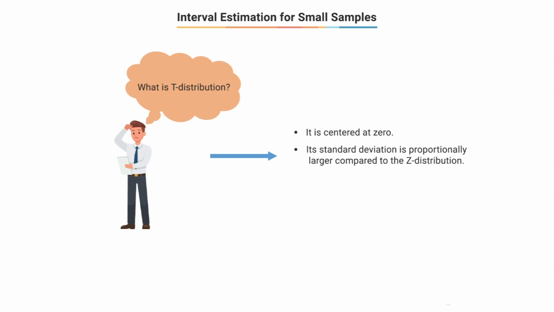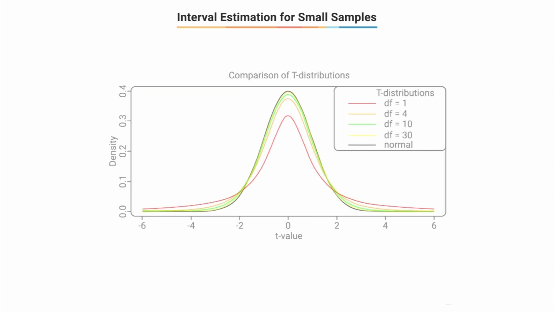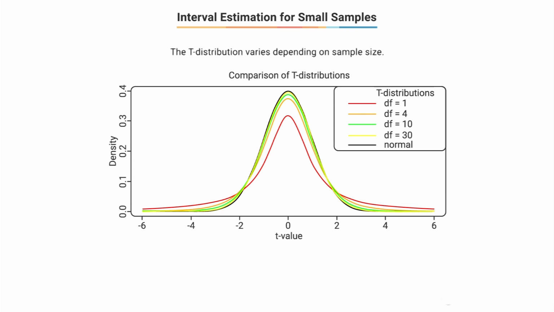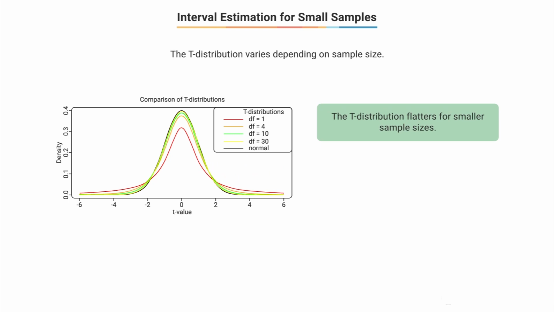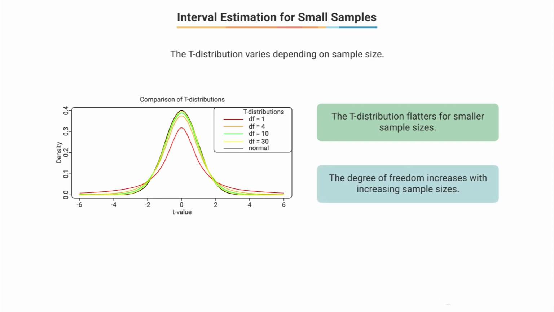The only difference is that the t distribution has a shorter peak and wider tails. Consider the figure shown here. The exact shape of the t distribution depends on the size of the sample. For smaller sample sizes, the t distributions are flatter, and for large sample sizes, as you can see here, how the sample size relates to the t distribution. As sample sizes increase, degrees of freedom increase, and as they approach 30, the t distribution approaches the normal distribution,